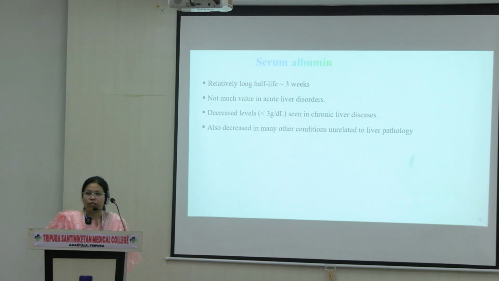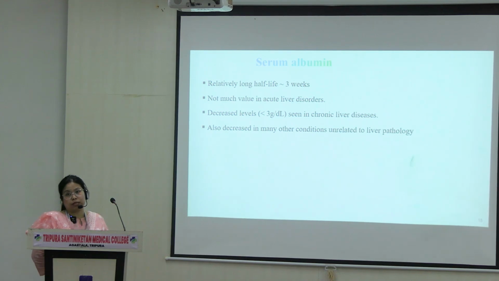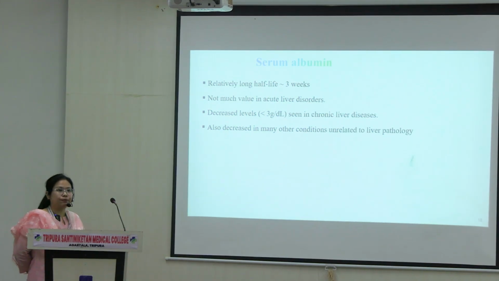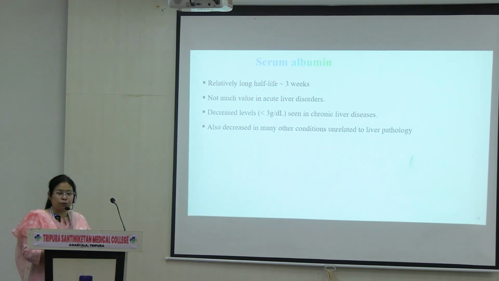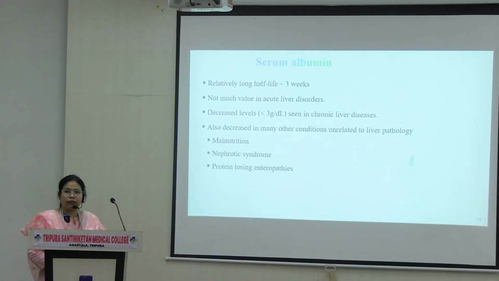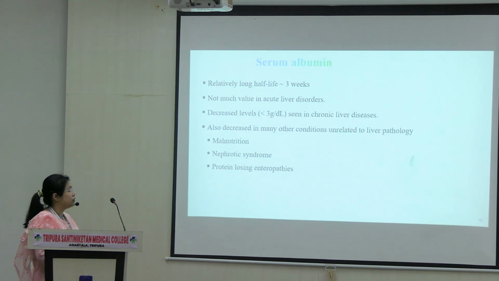क्योंकि if we do the test today for albumin and we find that albumin is high, we do not know how long it has been high because it has half-life of 3 weeks. So it is not very specific and it doesn't give us any value about the chronicity of the disease. But फिर भी it decreases in chronic liver disease. Other than liver disease, there are other reasons also we have to exclude जहाँ albumin changes. For example, if there is disease of the kidney, if there is protein enteropathy, malabsorption or malnutrition, we will see that there is decrease in albumin levels. That is unrelated to liver.